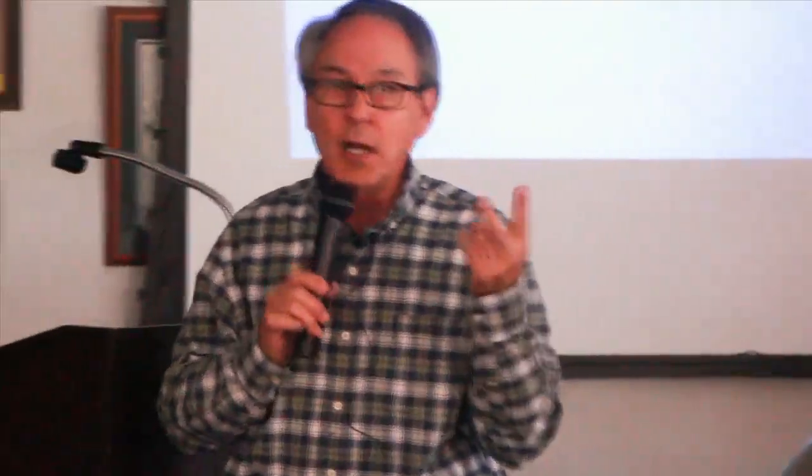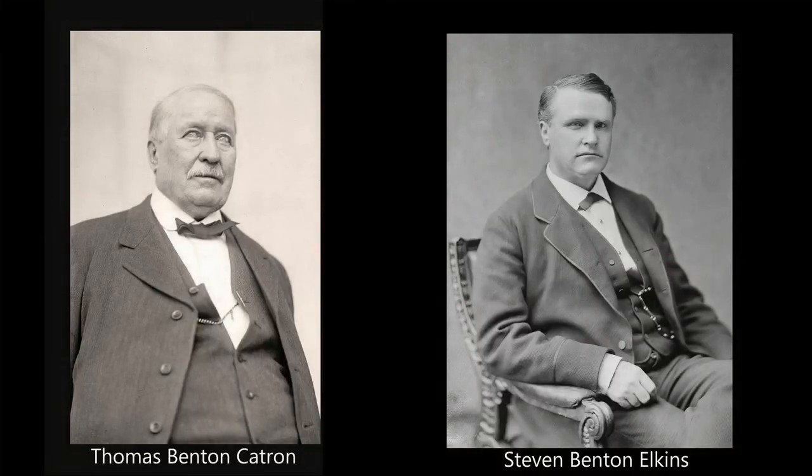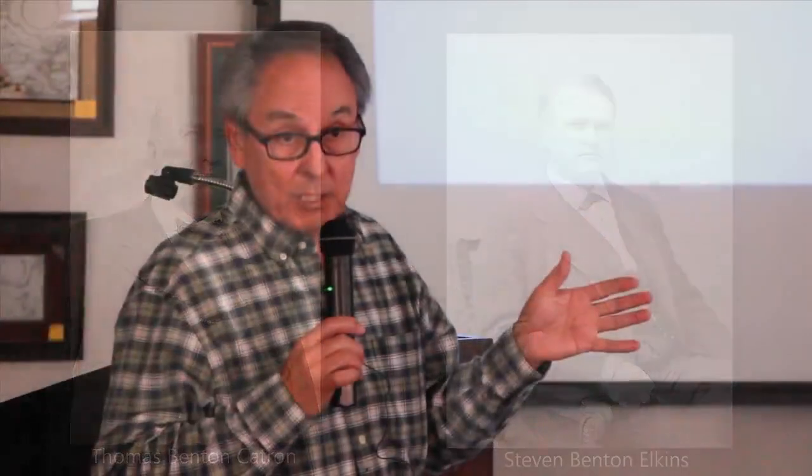The two main guys of the Santa Fe Ring were Thomas Benton Catron, C-A-T-R-O-N, and Stephen Elkins. These two guys were from Missouri, and they were not in the Civil War. Now we're talking about the 1860s or so, okay? They were not in the Civil War, but they had just graduated from law school in Missouri. So everybody was advertising lands in New Mexico. So these two guys come to Las Cruces. They eventually ended up in Santa Fe, and created their own firm in Santa Fe.